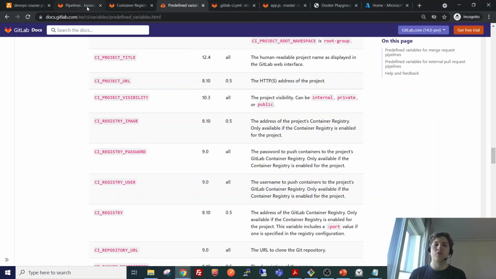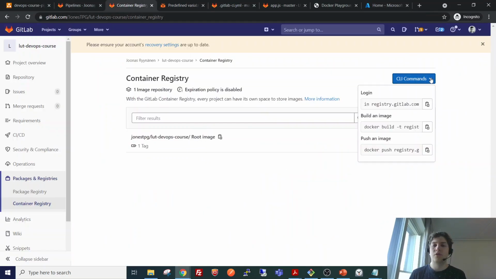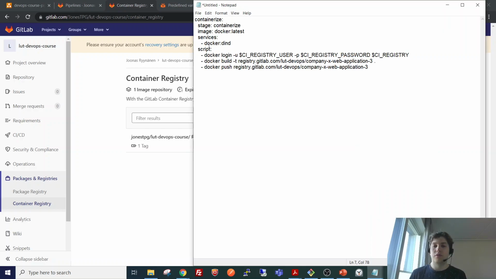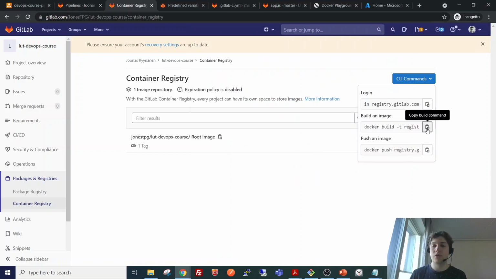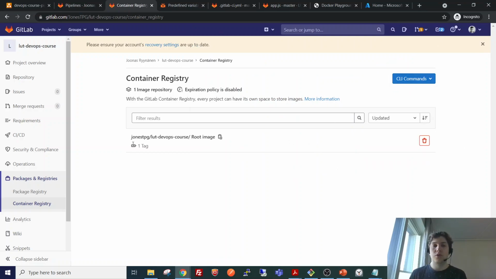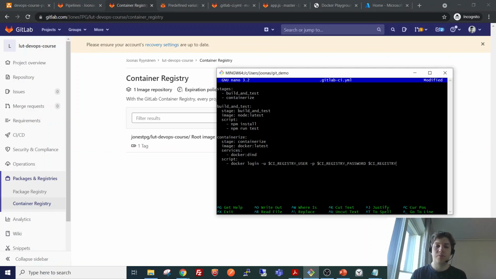Next we are going to add the build command, and I think we could just copy them from here.